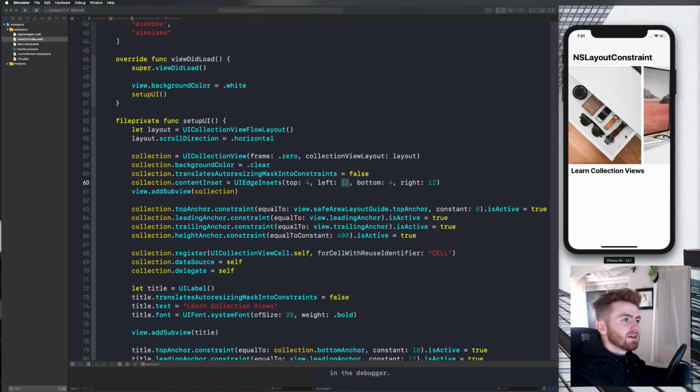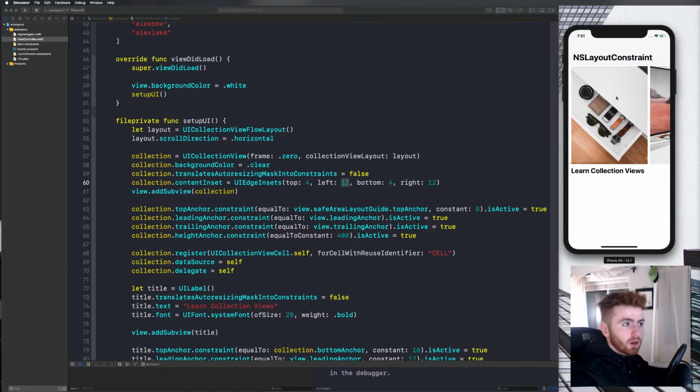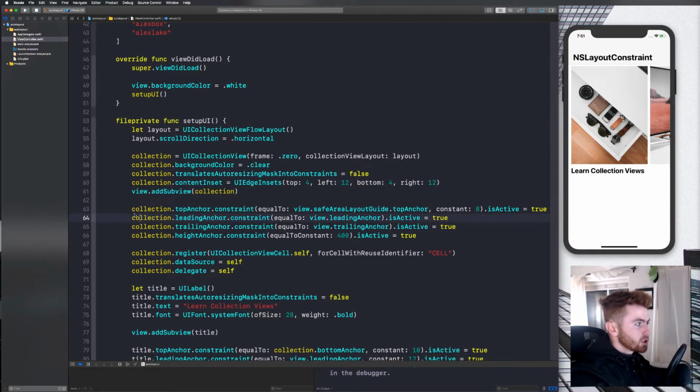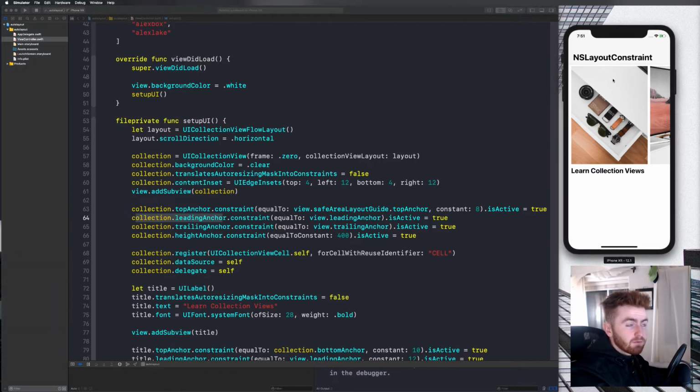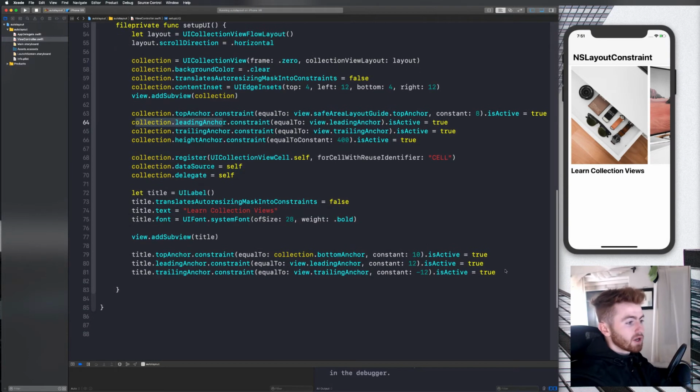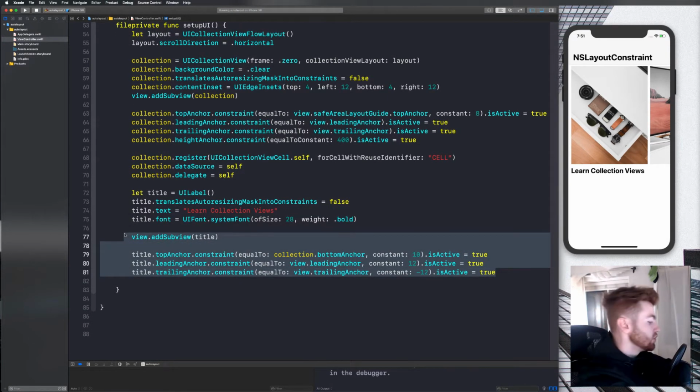Now, the thing is, if we use a StackView on our collection and then put the label in as well, basically you wouldn't be able to see the collection right there, right? Because it would then be constrained over here and the collection wouldn't actually start there. Because in all reality, we've constrained the left of our collection to the left of the subview completely. It's just that with our content inset, it's pushing it in about 12 pixels. So it's really actually constrained to the left, okay? So we won't use a StackView with that, but what we can do is use it for our next label. So let's constrain our next label on the screen, and then let's switch it to a